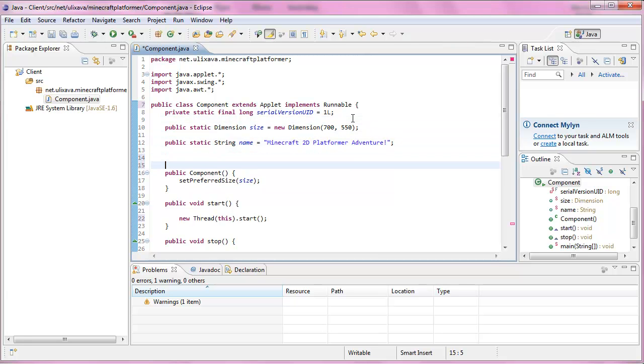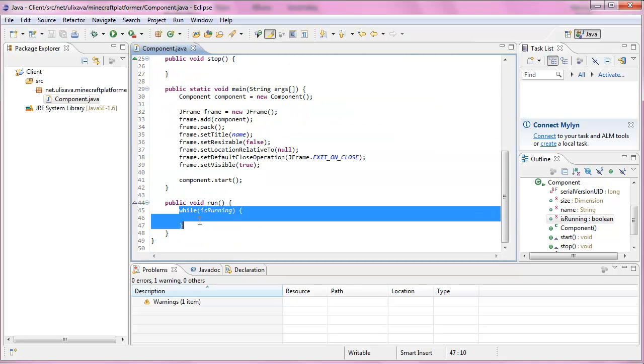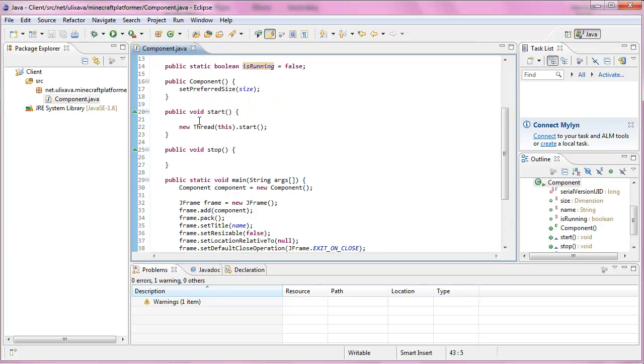I'm going to find a nice place for it. It's just going to be public boolean. Actually, we can make it static so that it's accessible from other classes. We're going to name this isRunning, and it's going to be equal to false. Now you might think this is only going to run while isRunning is equal to true, and you set it to false. That's because I want to be able to have full access to this. So in the start method, we're actually setting it to true in the beginning instead,